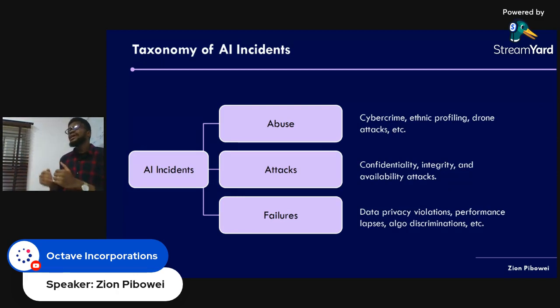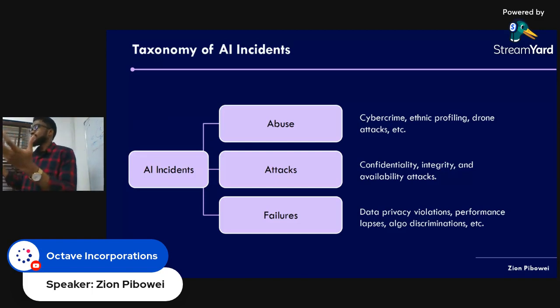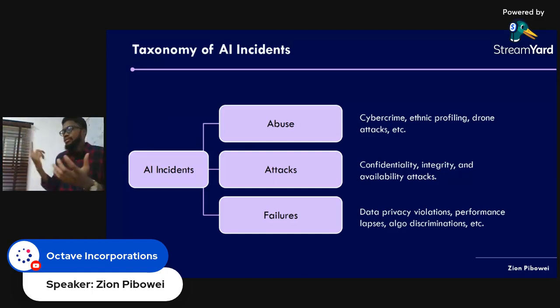You see, it's one thing for models to fail. It's another thing for them to fail terribly in such a way that they create harm, not just to the business, but to the users that are using those things. It could be things like discrimination, a very, very big topic, right? Racial discrimination, gender discrimination, and things like that. Things that could actually bring about legal issues for these companies.